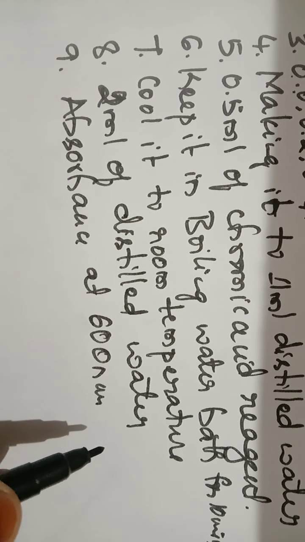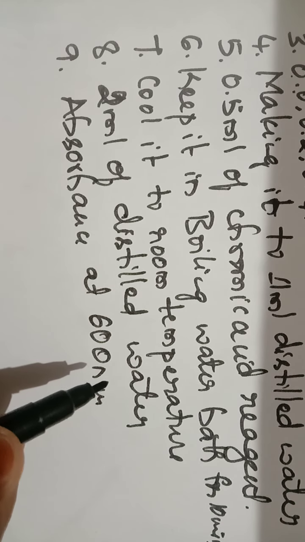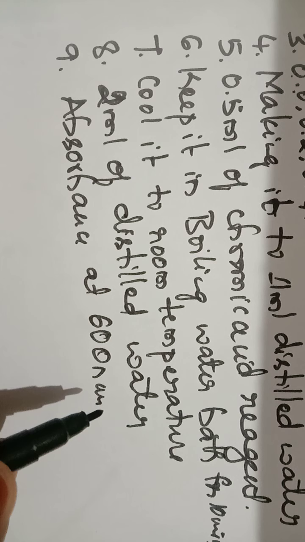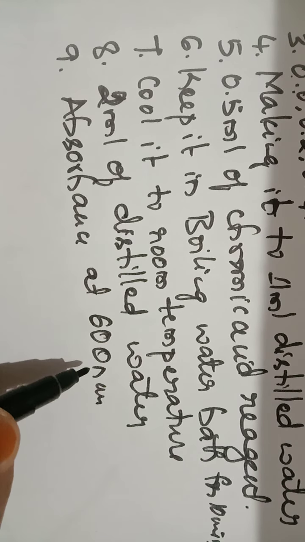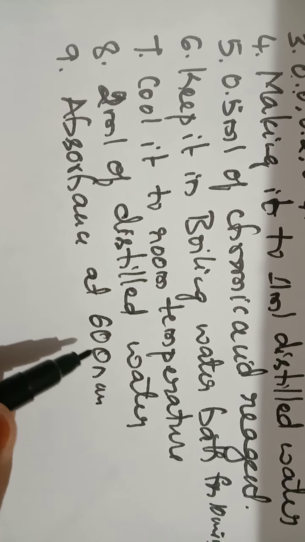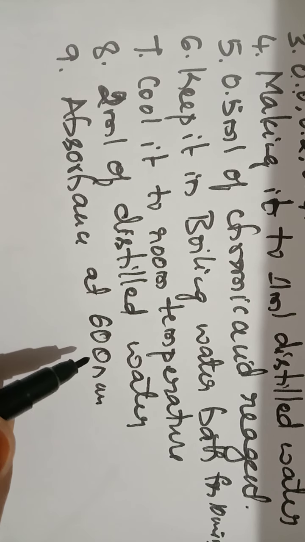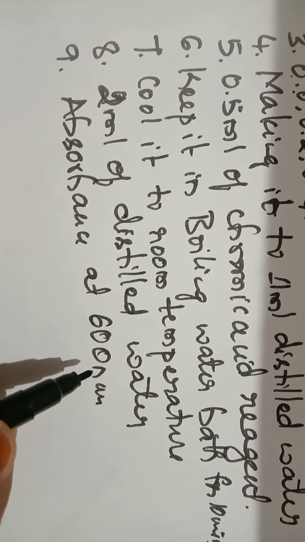Okay, so you know how to take the absorbance. First we have to take tube number 1. Tube number 1 will be considered as the control or blank. First we need to set the colorimeter by turning the wheel to 600 nanometer. Then we take the control, that is the tube number 1 sample, into the cuvette, place it into the colorimeter and set it to 0. The tube number 1 sample contains 0 ml of alcohol.